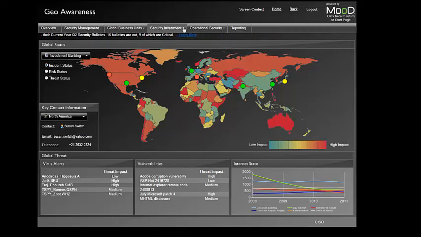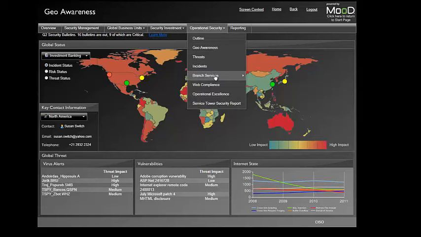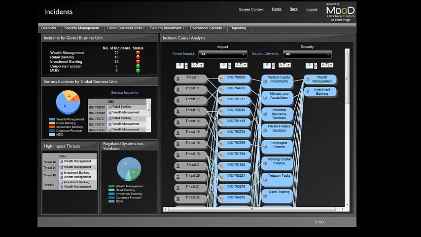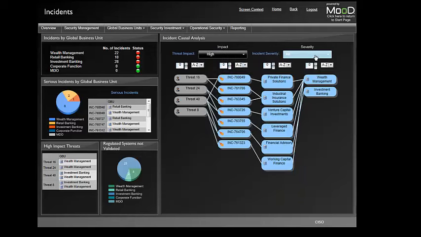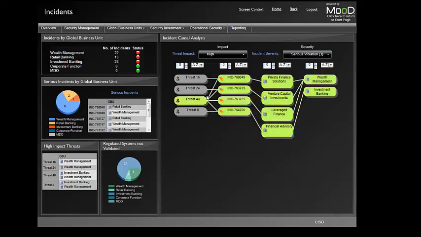Taking that a stage further, the other thing that you can do in here is you can also go down and look at a very tailored conversation with each of the business units. So in this case, I might be going and talking to investment banking. What is the IT security team doing to enable the investment banking team to do more within the same risk envelope? What we've done here is, again using the business model within MooD, we've filtered the information here for threat, where the threat impact might be high and where the potential for an incident could cause a serious violation,